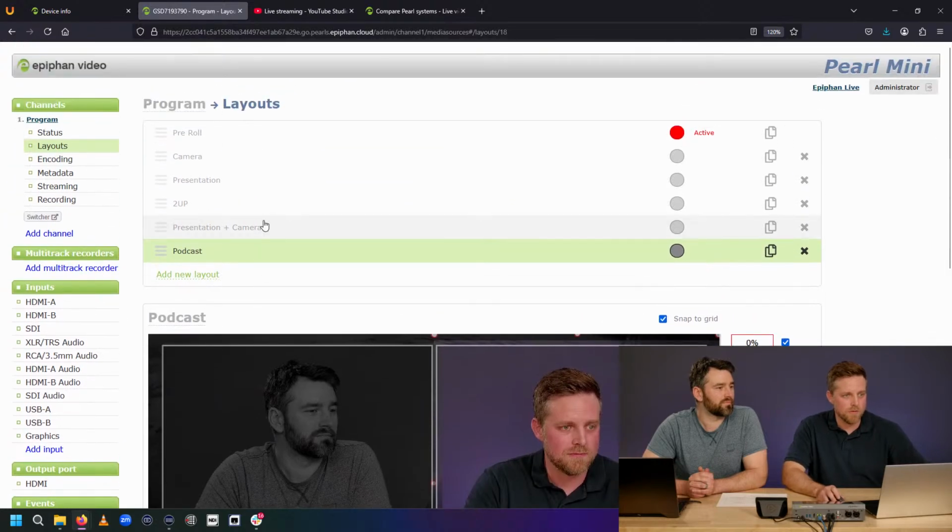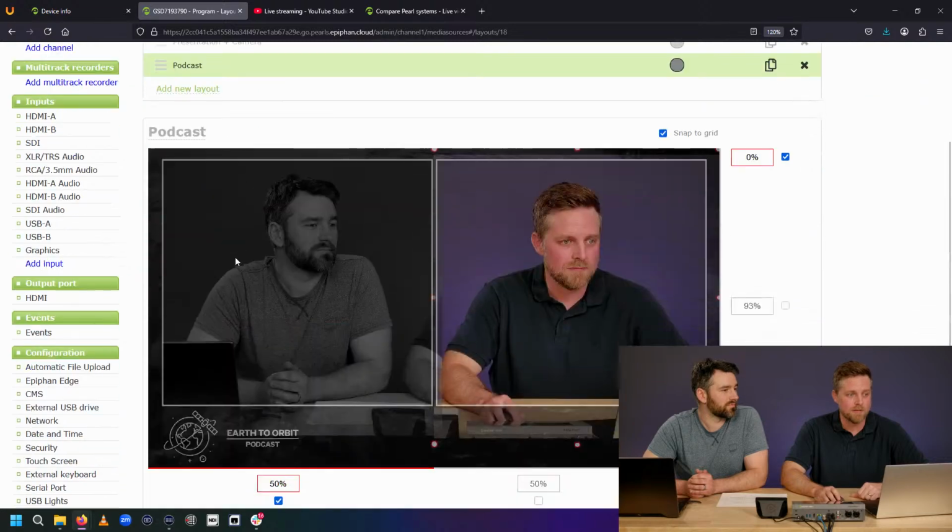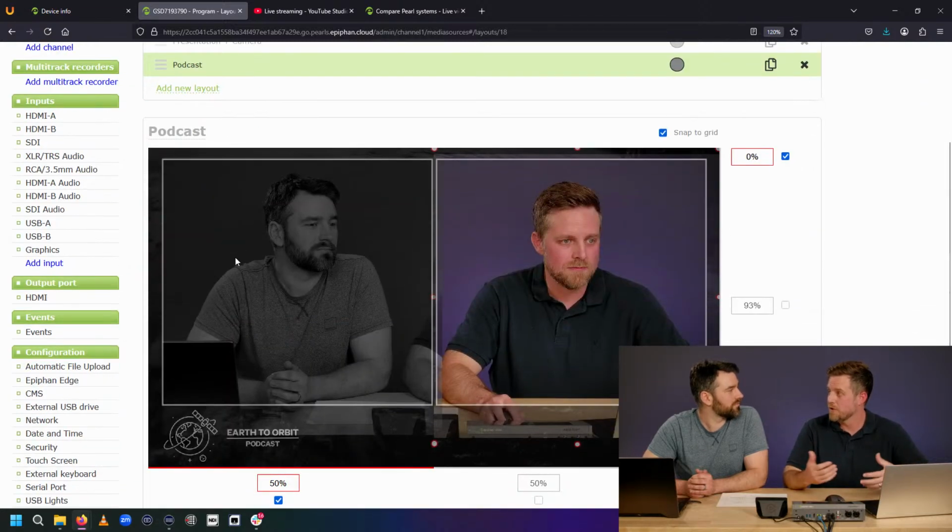All right, so look at that. We've got one, two, three, four, five, half a dozen layouts here. So that's really all there is to creating layouts. It's as simple as click and drag, kind of like creating a PowerPoint or using Photoshop. It's fun to experiment with the kinds of layouts you can come up with. Using those PNG images is a really powerful way to get your branding into those layouts as well.